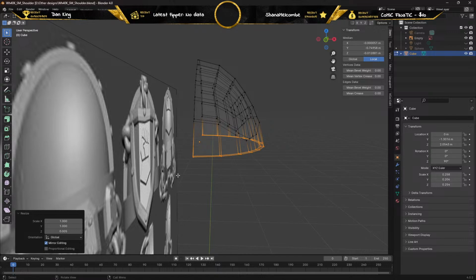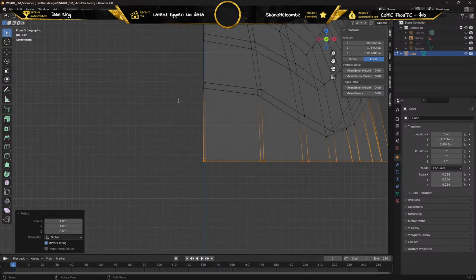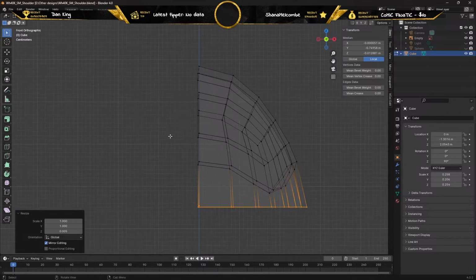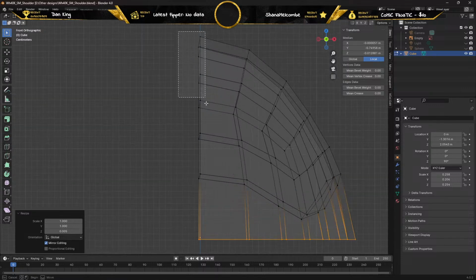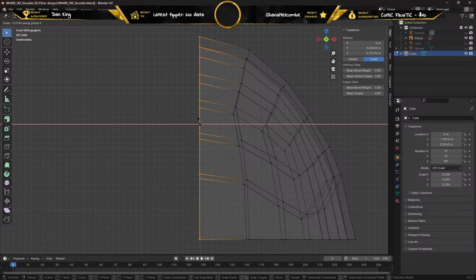Now we need to check another angle. The other angle we need to check is right here. See how these are a bit offset. So we're going to hold down Shift, middle mouse button, zoom in, and grab all of these verts. And we want to do this along the x-axis is how we're going to do this one. So I'm going to hit S, and I want to hit X, and now you see